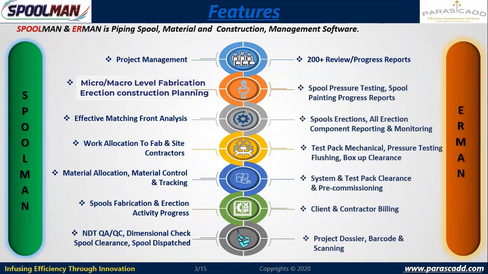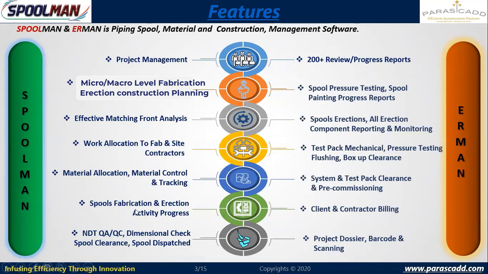So material will be issued through material issuance voucher only for the specific spools allocated or to the lines allocated. So whatever work is allocated, only for those spools I'm going to issue the material, and the material issuance will be documented through material issue vouchers in detail. Once material is issued, now this fabrication contractor or my internal production group is going to fabricate the spools. So as part of the spool fabrication, there are a list of many activities which have to be monitored. We will cover that in detail.